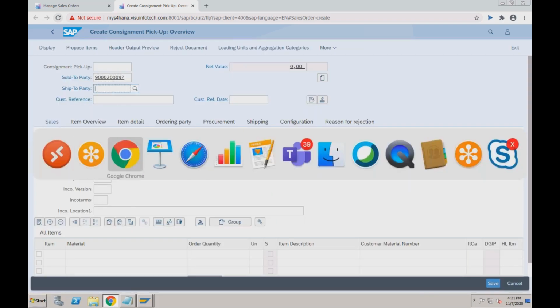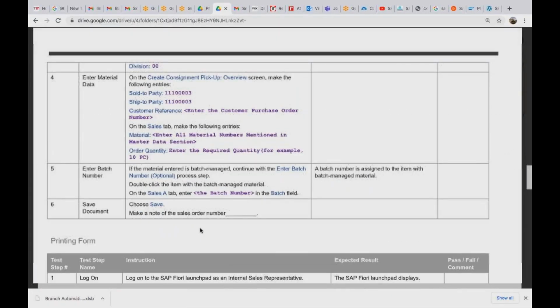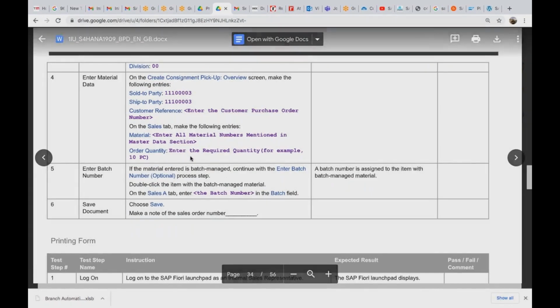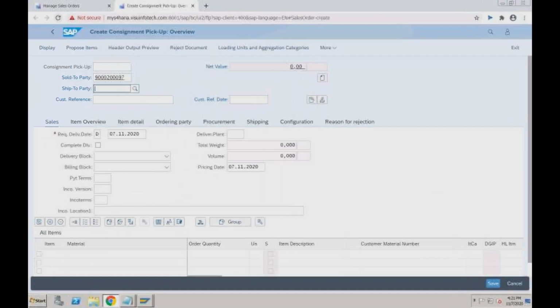Okay, so let's first see what are the details that we need to maintain. So sales organization, distribution channel is fine. Reference, material, PO quantity. Okay, all things seem to be fine. So customer reference, let me enter test. Reference date is, let's say, today's date itself. Okay, payment term 0001, Incoterms CFR,